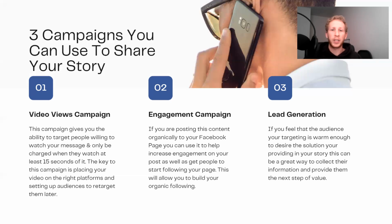Third would be a lead generation campaign. Now, this is where we're actually generating the lead because we feel that the audience that we are targeting is specifically motivated for the niche product that we are offering. So, for example, if we are specifically looking at inherited homes, we know this is probably targeting a probate list or people who've watched at least 15 to 30 seconds of our probate video that have shown interest in it. And we know that they're warm enough that they would probably like a cash offer or to at least talk to us about setting an appointment and seeing how we could provide value for them,